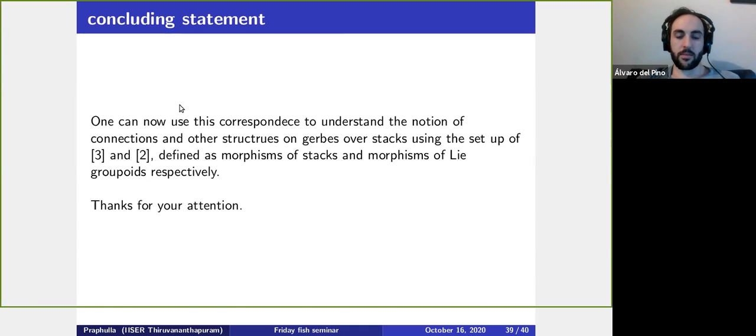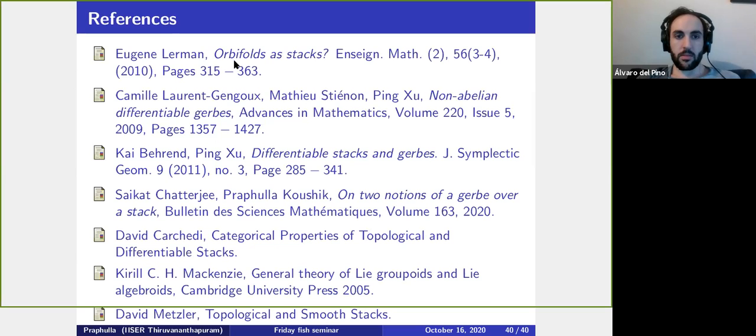And the references of this. So the first paper I used as a reference to understand stacks in general, differentiable stacks. Second paper talks about gerbe stack in the sense of Lie group extension that I mentioned before. And this Baron-Squibb paper talks about gerbe stack as a morphism of stacks. And this paper, the fourth paper with my advisor, this talk is based on this paper. And these two I used as references for these three. I used as a reference for Lie group parts